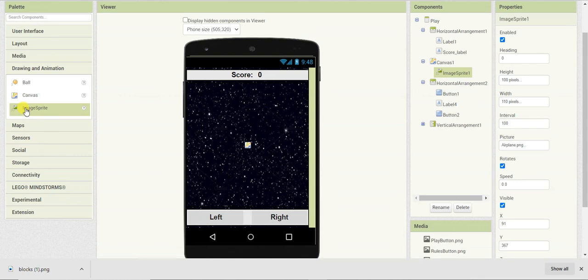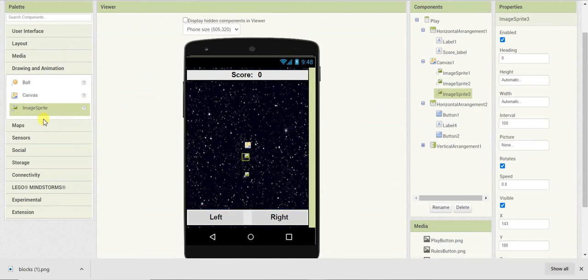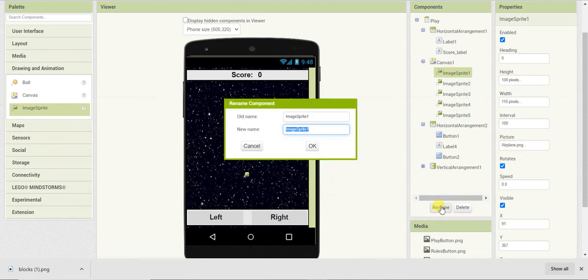Now I will drag 4 more image sprites. First of all, the image sprite in which I had added the airplane, I'll rename it as fighter plane.